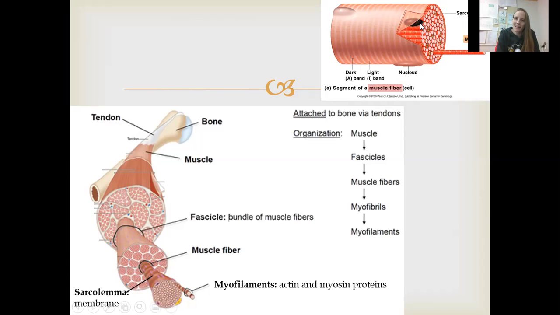This little black thing here is the nucleus, which looks gross to me. I think it looks like a slug, or not a slug, a leech. Anyway,